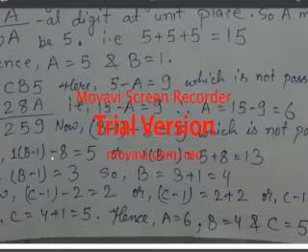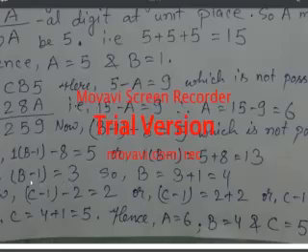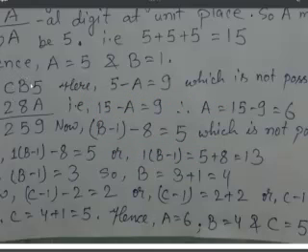1 b minus 1 is equal to 5 plus 8, that is 13. So in the tenth digit, of course there is 1 itself, so b minus 1 will be the unit digit, that is 3. So b minus 1 is equal to 3, as you can see here I have written, therefore b minus 1 is equal to 3. So what will happen? Minus 1 when it comes this side will change into plus 1. So b is equal to 3 plus 1, that is 4. So b becomes 4.